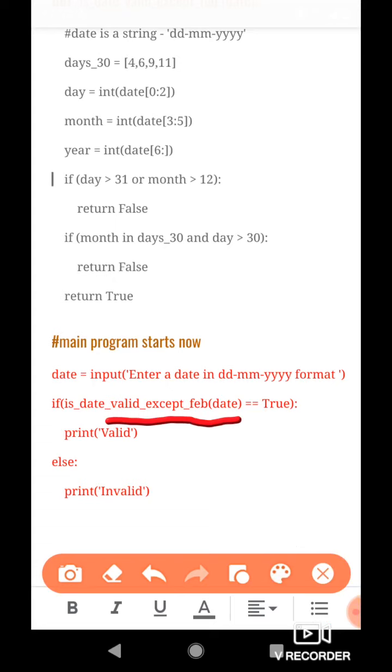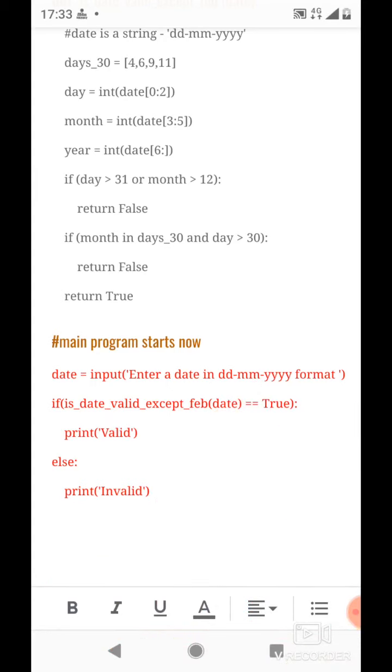When it happens to be true, we simply print valid, and otherwise, that means when the date is found to be invalid by this function, we print invalid. So that's all about this main program.